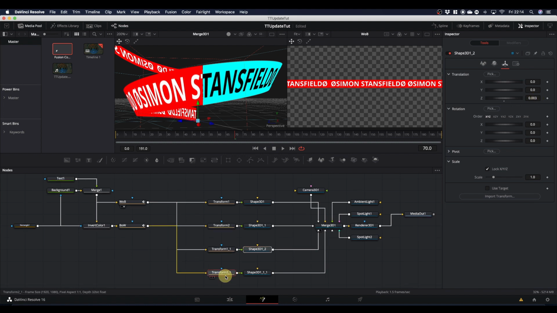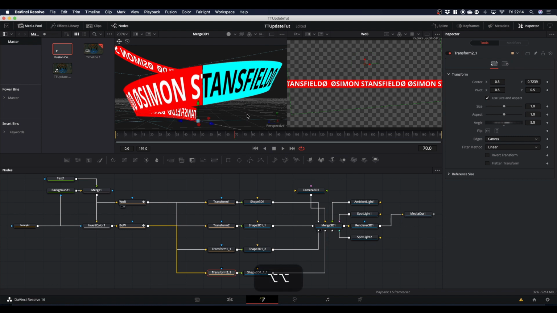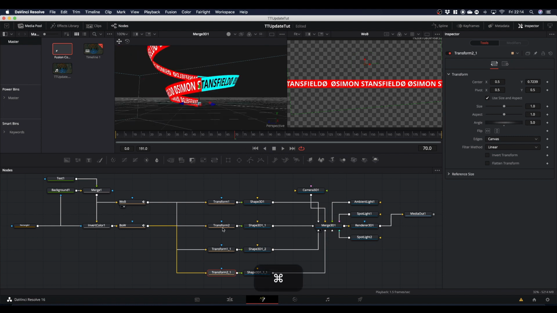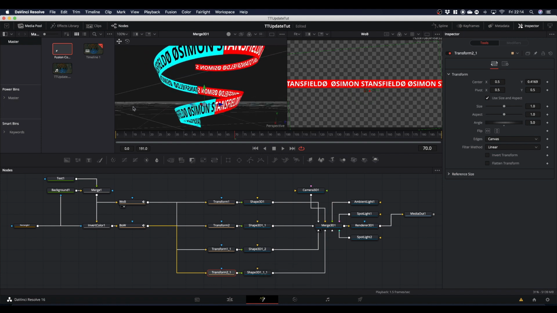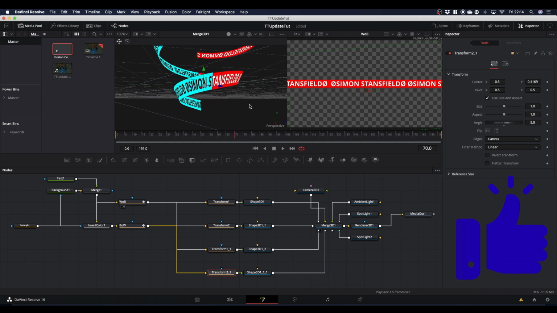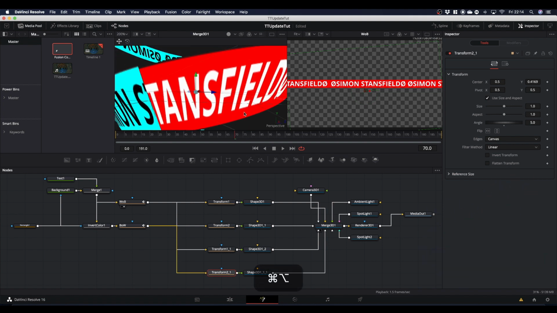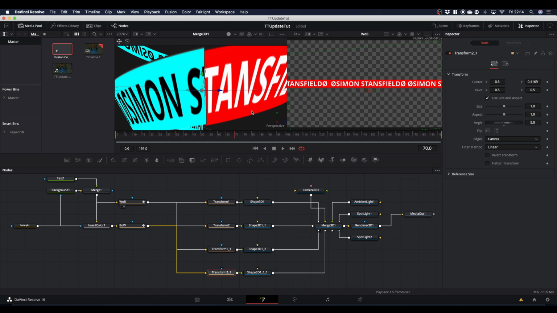Again, we come down to the second transform node. If we just scroll out a bit, in the second transform node, Y center, drop it down to bring your second blue ribbon somewhere in line with where you want it. Swing around again, reposition and zoom in so that we can get it somewhere where we can see what we're doing. So again, transform node, center Y to align it,